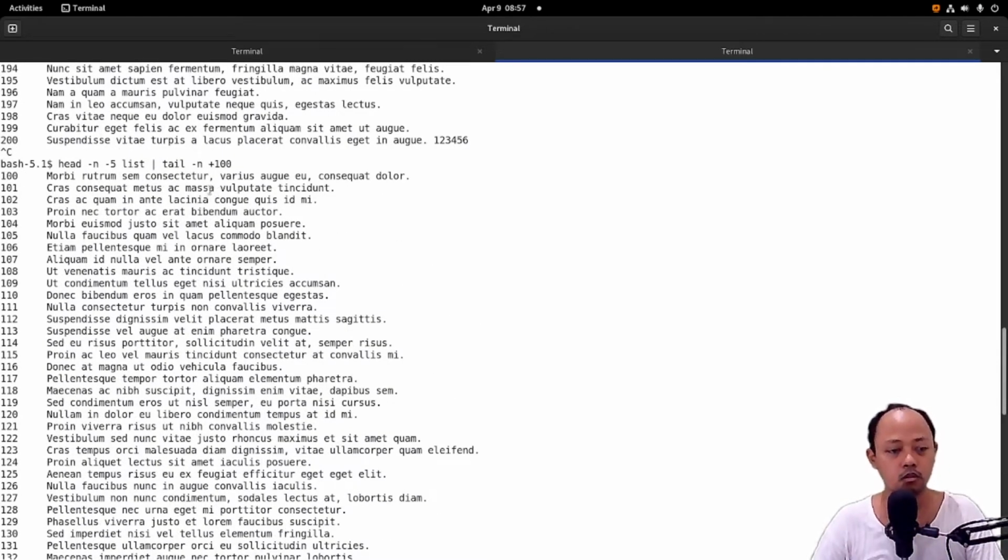The first thing we did is print the list without the last 5 lines, and then pipe with tail. It means that the tail will print the output of this command from line number 100. So I think it's like a range.